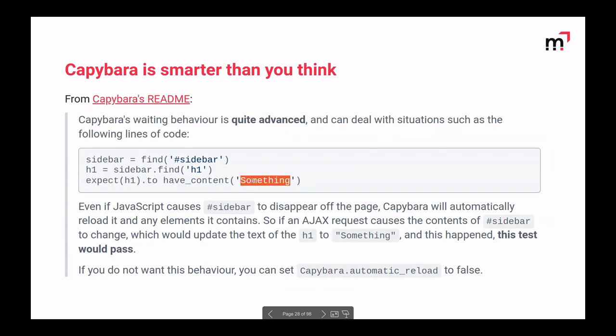And if that expectation fails, Capybara can retry the entire chain. So for instance, maybe there's some async JavaScript still pending that is loading a new sidebar. Capybara will repeat this whole chain of DOM traversal and see if anything changes for up to 2 seconds. Well, this is pretty clever, even if you assign a temporary result to a variable like this.